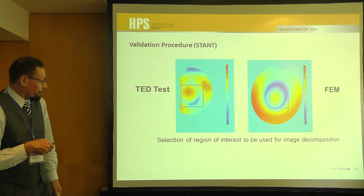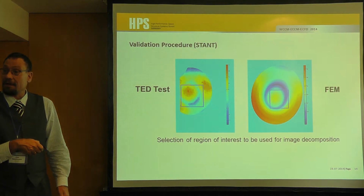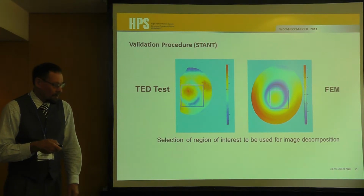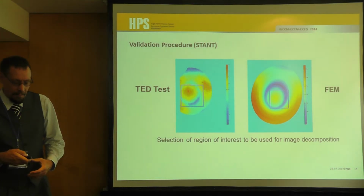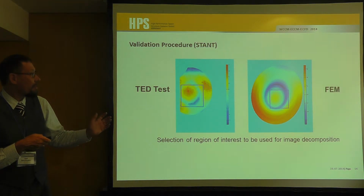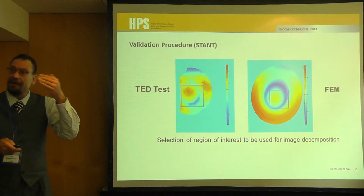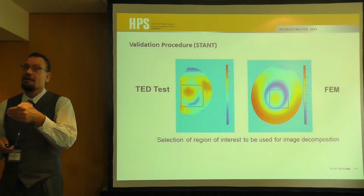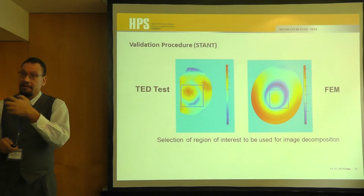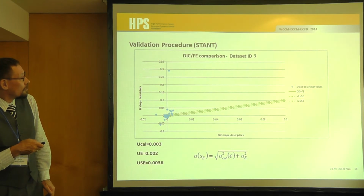So if you slightly put this square on another side, the process will show bad results. Therefore, the other thing is that you have to have this in mind and do it at the very beginning. If you plan your tests, you have to imagine and plan how to define this region of interest. So, for an outlook,